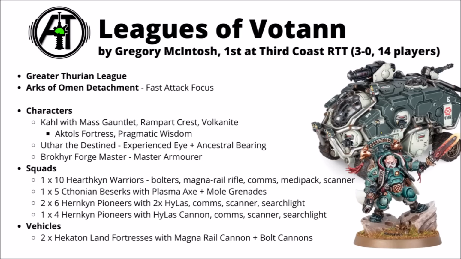The vast majority of the rest of the points, though, are all ploughed into those excellent Herdkin Pioneer bikes. Fast-moving OBSEC with fairly general-purpose guns, plus some very nice support upgrades with the comms and scanner to ignore cover in different ways, allow some stratagems, and allow the searchlights to throw out another judgment token if you badly need one on 1 given target. There's 2 units of 6 of them and 1 unit of 4. Really not too surprised that after they made troops non-mandatory, Votann lists might be pivoting to a whole ton of